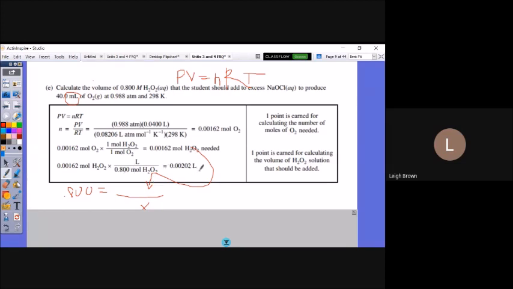And you could answer in liters. If you changed it to milliliters, you could do that. It has not asked for a specific volume unit. I would not do extra math to change units unless you were asked for that, because if you did a unit conversion incorrectly, you would not get credit for that final answer. Okay, so 1 point for solving PV equals nRT, and then 1 point for doing that mole to mole ratio and calculating the volume from the molarity.